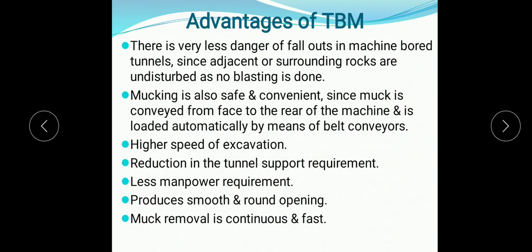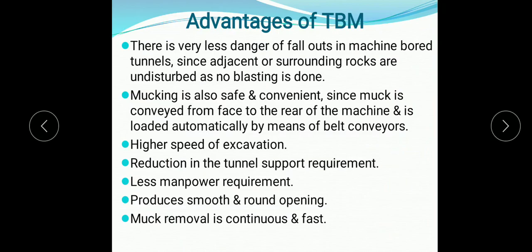TBM offers higher speed of excavation as compared to conventional methods. There is reduction in the tunnel support requirement because, as we have already discussed, in conventional method drilling and blasting is carried out, which requires support at the time of tunnel construction. So by using TBM there is reduction in the tunnel support requirement.